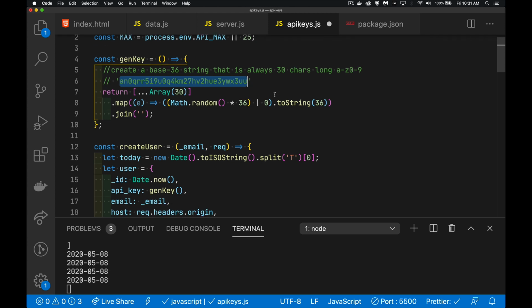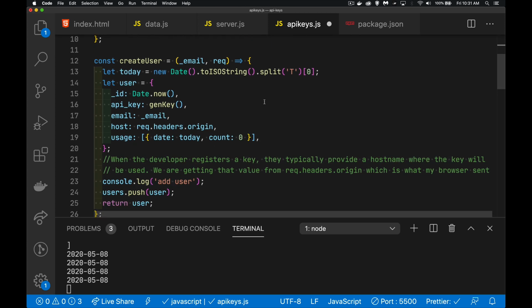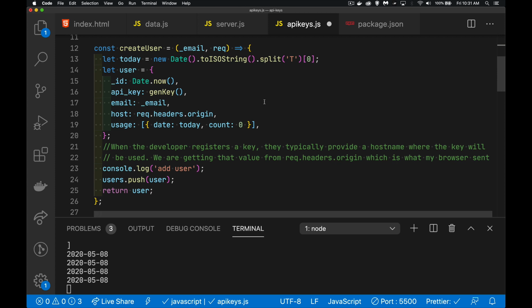So that's our key. Create user. This is the register function. This is where I create every one of the users. So I take the timestamp for right now, the moment where they're creating the user. I generate a key for them. I take the email address that was submitted. And here, host, this is where I get that